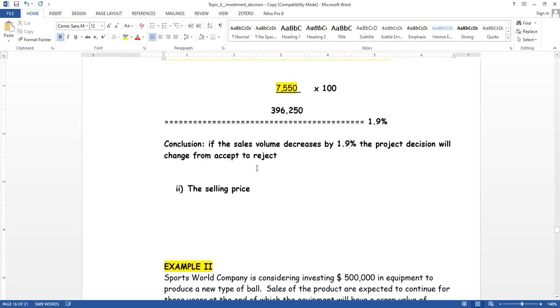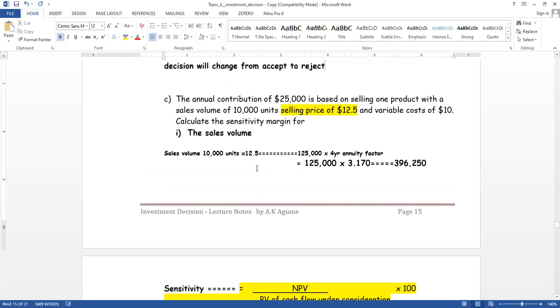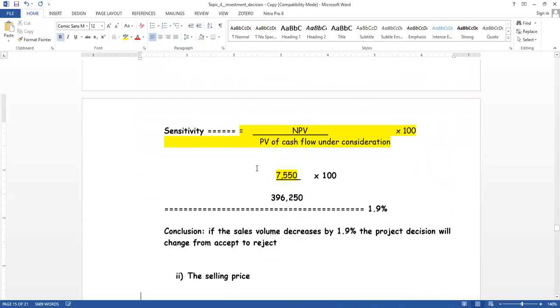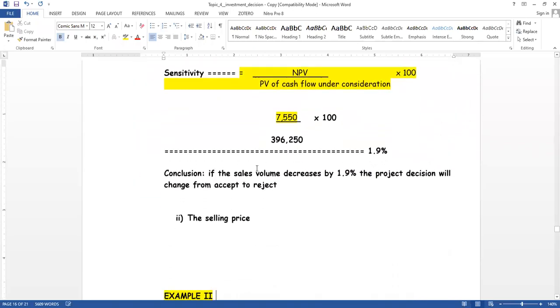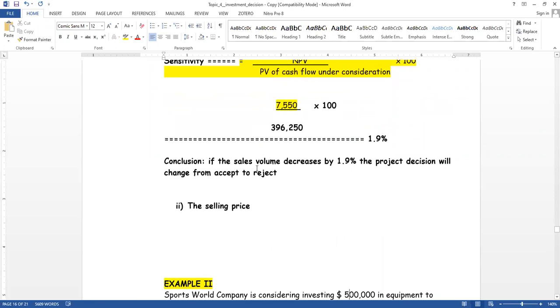Should the sales volume decrease by 1.9%, the project decision will change from accept to reject. Okay. Then lastly, so you can see sales volume is more sensitive because the lower the sensitivity margin, the